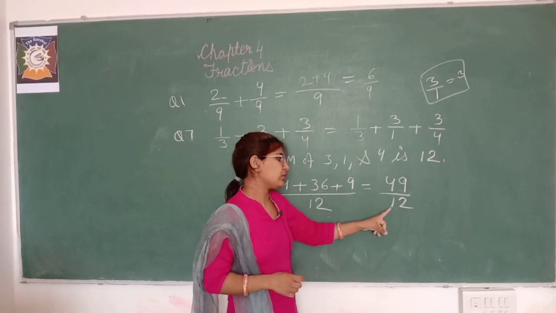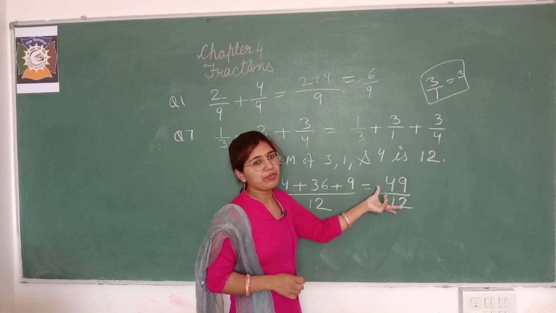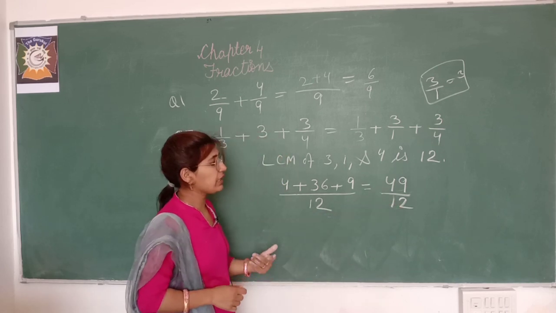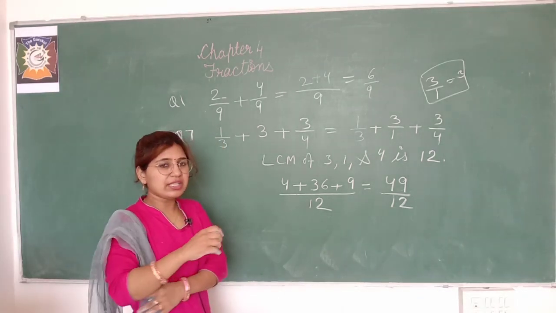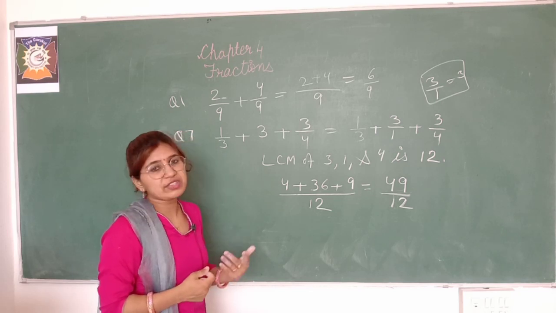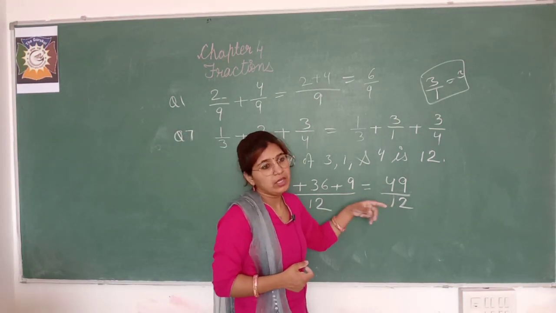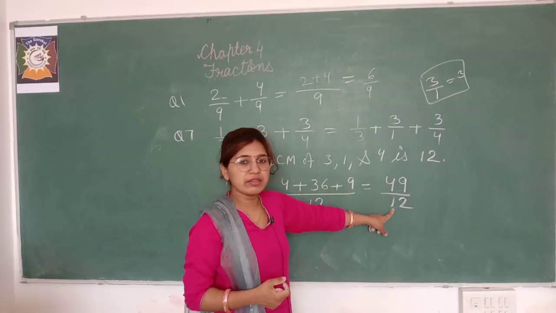And you can see here your numerator is greater than your denominator. So the given fraction is an improper fraction. Given जो fraction है वो क्या है, improper fraction है. अगर आप इसे चाहे तो आप क्या कर सकते हैं, इसको mixed fraction में convert कर सकते हो. और mixed fraction में convert करने के लिए क्या करते हैं, numerator को denominator से divide. So bachche, divide the numerator with the given denominator.